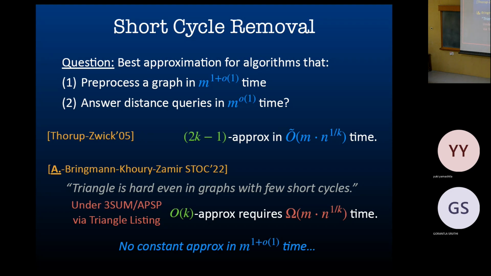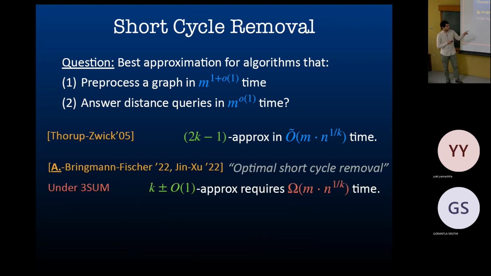So if you want to get this kind of running time, the error needs to grow. In particular, there is no constant approximation in almost linear time. Very recently, a few months ago, there were two papers independently improving this constant. In the previous paper, the constant was terrible. Now it's super close to the classical upper bound, towards this 2k minus 1, and we show that this k, 1 times k is a lower bound. Still a gap, but